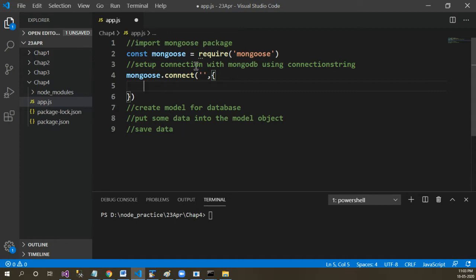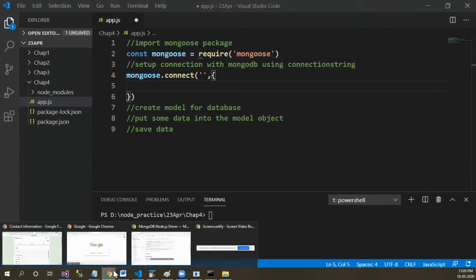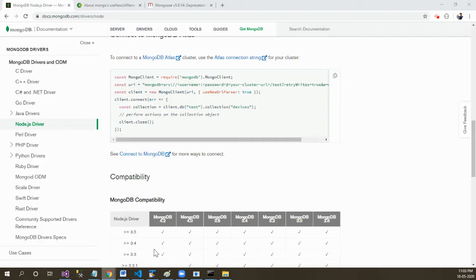Whenever you want to see the parameter list to be used along with Mongoose, I would suggest you go for the documentation. Here I have opened the documentation at docs.mongodb.com, and here you can see the basic documentation where it shows the code snippet for working with MongoDB via Node.